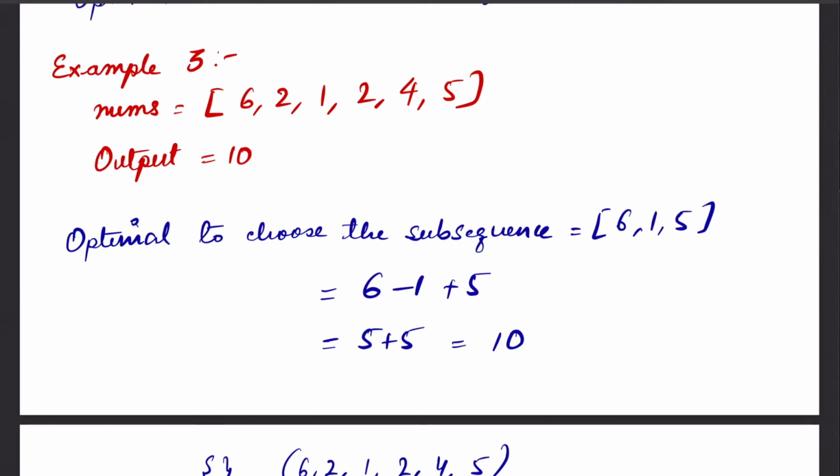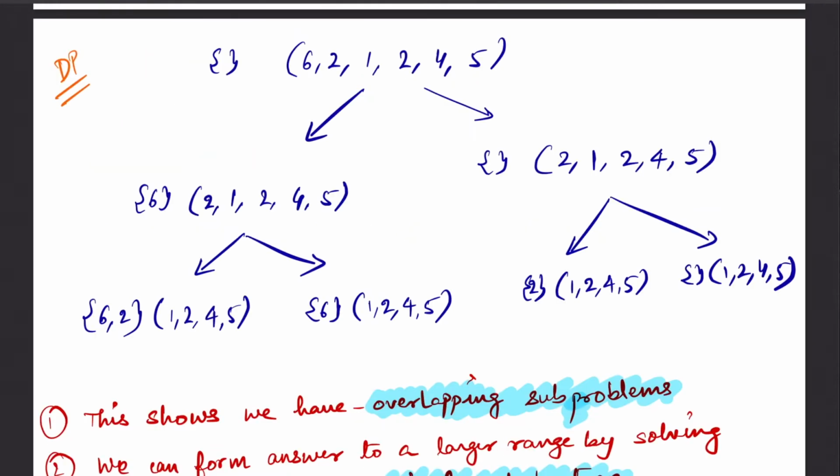If you want to solve this problem by yourself, pause the video here, else let's move ahead with the solution. So there are two ways to solve this problem. The first approach is using dynamic programming. Let's see how. Let's think of the earlier example that we were given. We were given the array 6, 2, 1, 2, 4, 5.